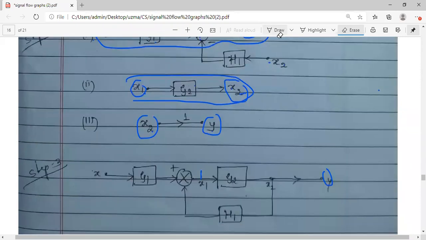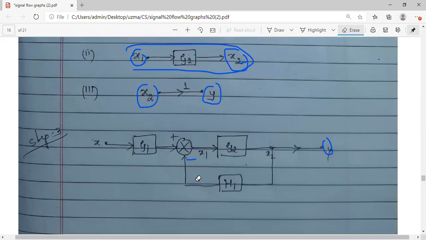Here there is a negative sign. You have to indicate. There has to be a negative sign here. So this is how you convert a given signal flow graph into a block diagram. It is a very simple example which I have taken. So whenever in the further topics, further problems which we will be dealing with, if we come across certain conversions like this, we will be looking into a more complex kind of problem. Okay, so just for your understanding, I have taken this one simple example.